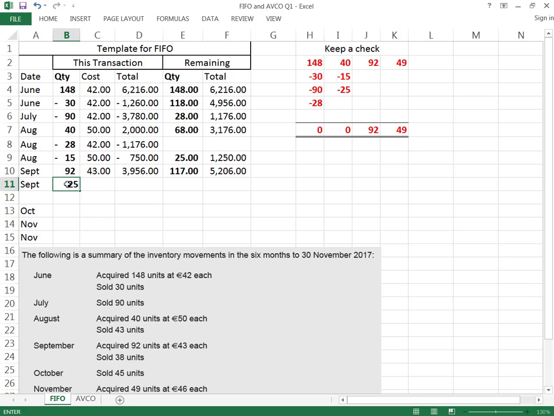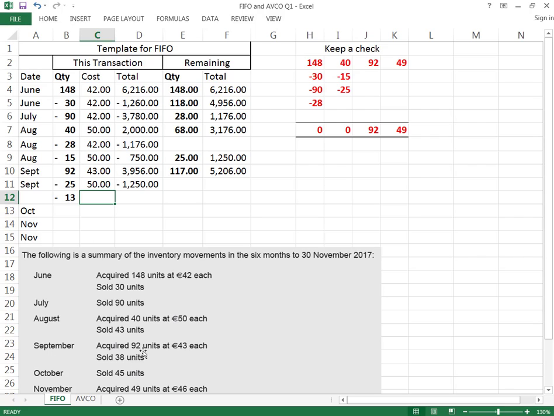So 25. The 40 that we bought cost 50 each, so the total of that is 1250. Not hard for you to say, because see that 25 there? That's the 25 there, and it had a value of 1250. It still has a value of 1250. So how many have we left? Oh, pardon me, that should be a minus, shouldn't it? Okay, 25, so we've 25, and what did we want to sell entirely? We wanted to sell 38. So I'm going to have to sell another 13